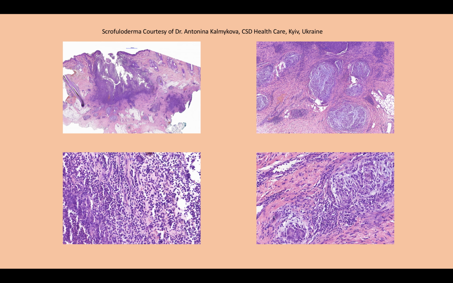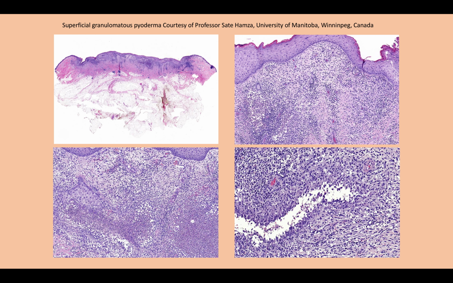This should be teeming with acid-fast bacilli. And then lastly, superficial granulomatous pyoderma. This case is very kindly shared with me by Professor Sate Hamza. It's a very rare condition. It was first described by